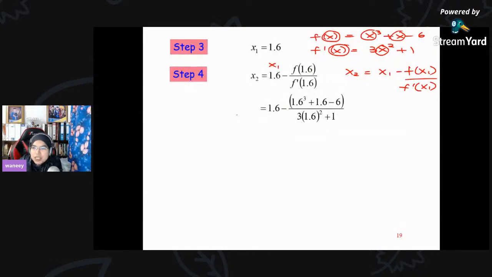Okay, so try to use your calculator. So the answer for this is